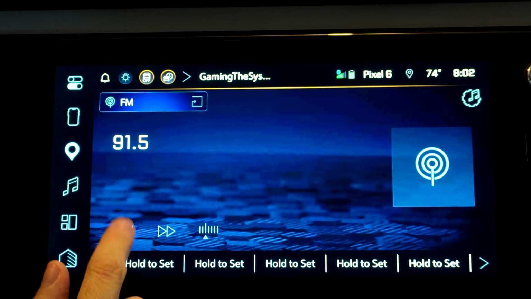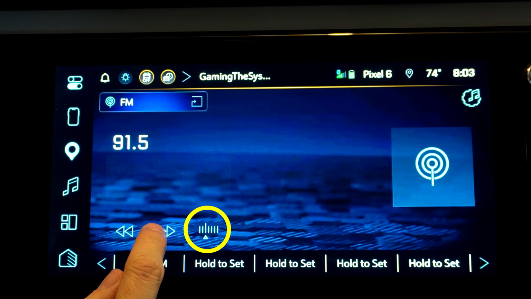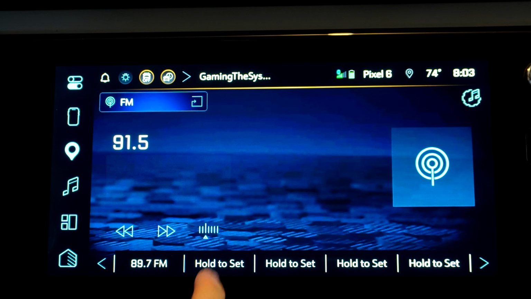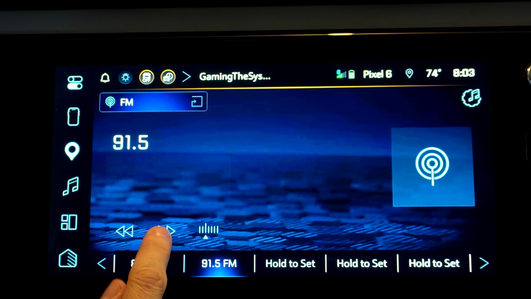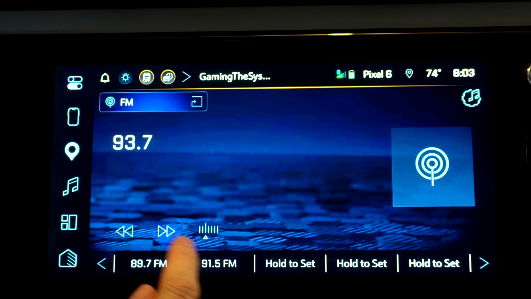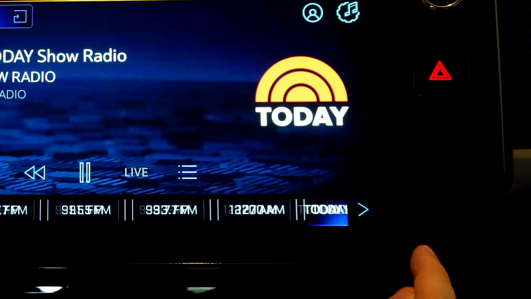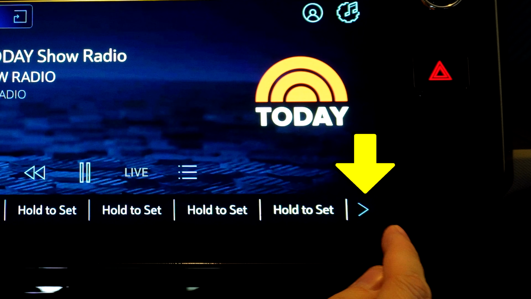To add presets, use the arrows to seek the station you wish to add, or you can use this option and type in a station number. When you arrive on the one you wish to add, tap and hold one of the buttons below that say hold to set. There's 5 presets on the screen at a time, but with the side arrows you can move to another set